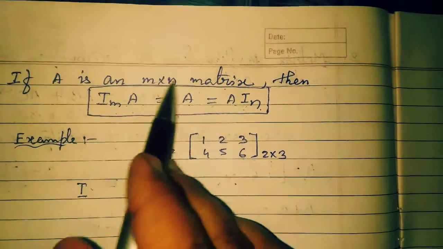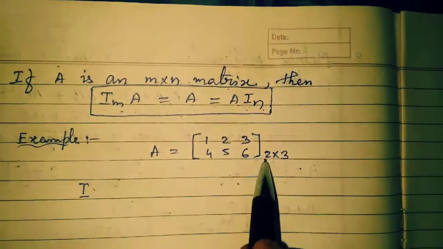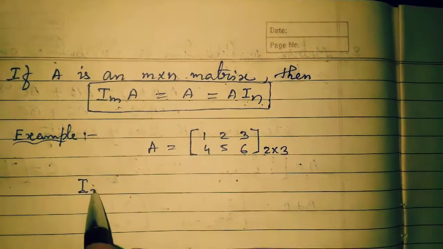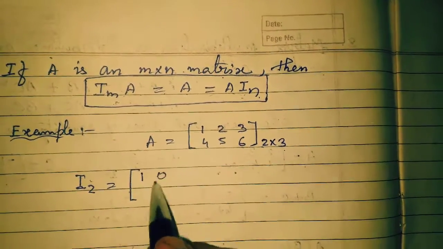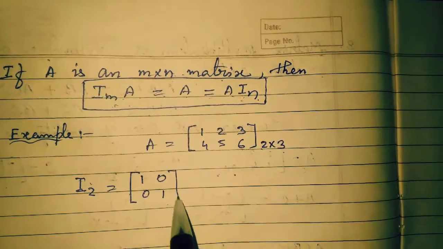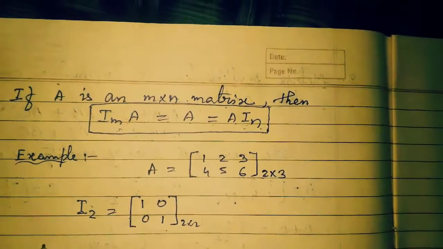Now we'll see, if we take a unit matrix, here given M into N matrix, when I is of order M. So we take a 2 into 3 matrix, and I'll take a second order unit matrix. So it is 1, 0, 0, 1. This is a 2 into 2 matrix. Now if you multiply this I2 with A,